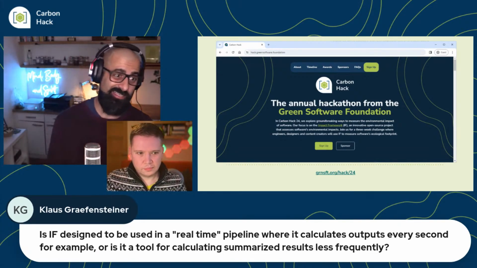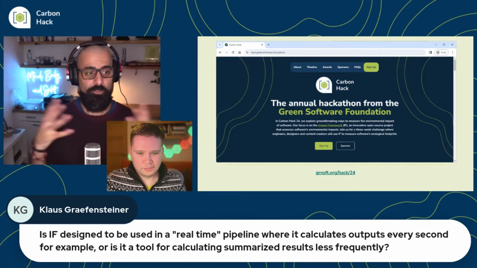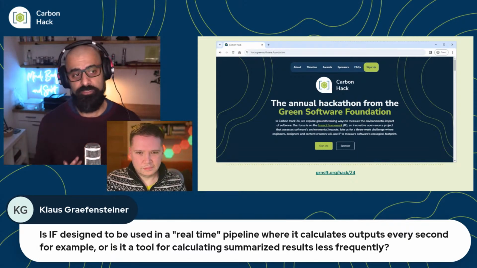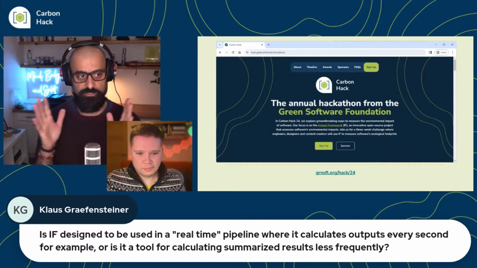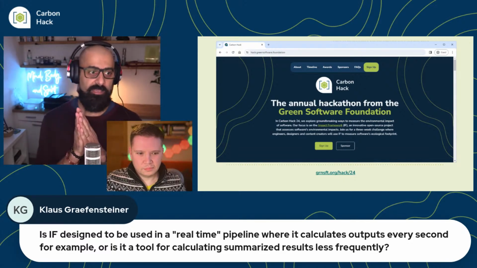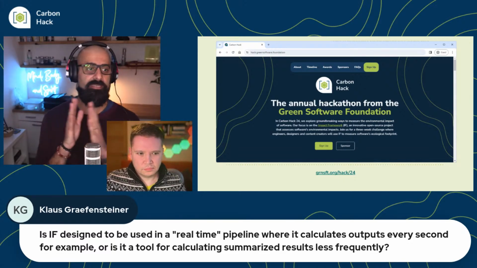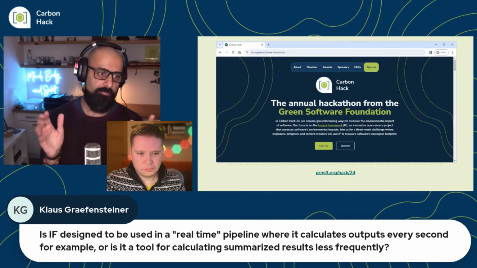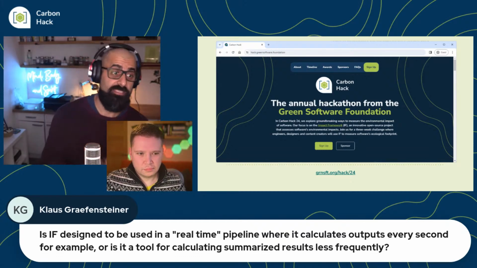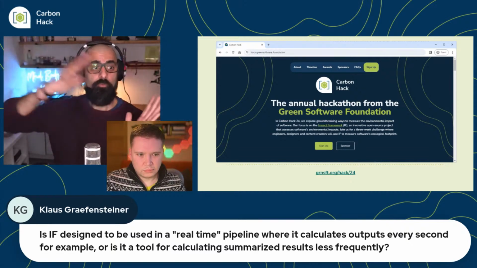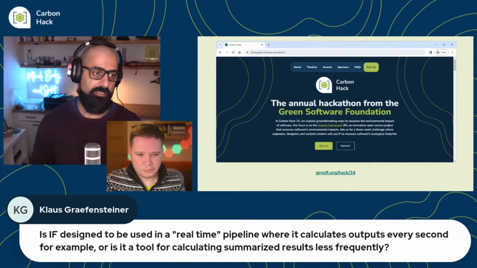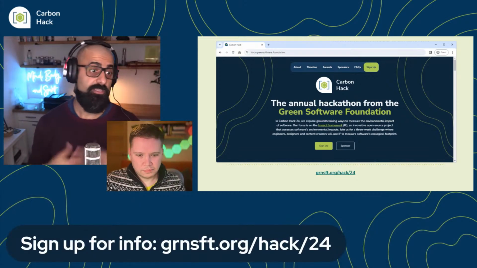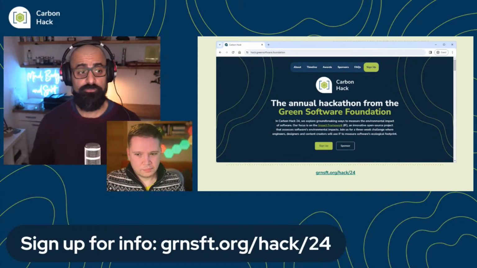It's not going to be every second, because that's just too much. The lowest level of granularity we say is meaningful is about 5 minutes, because Impact Framework is not about how to optimize a function. It's about how to optimize an architecture with thousands of machines. That's what it's all about. So we want to get down to about 5 minutes, but you can go lower. It depends on your specific use case.